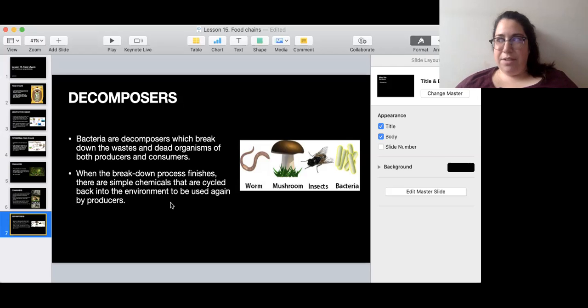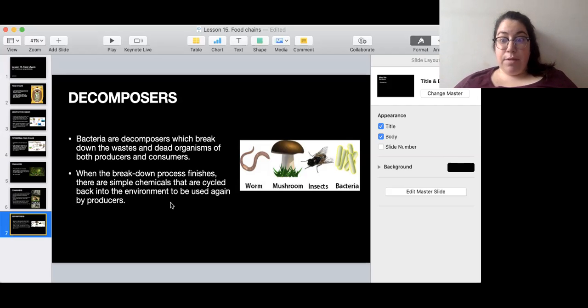If you have looked really carefully, in nature, of course, animals die, plants die, but they don't stay there forever. They kind of disappear, right? What happens is that they decay and they rot thanks to the decomposers, and then they break down, and all of the chemicals that they had in their bodies or in that plant are cycled back into the environment to be used again by who? By a producer.